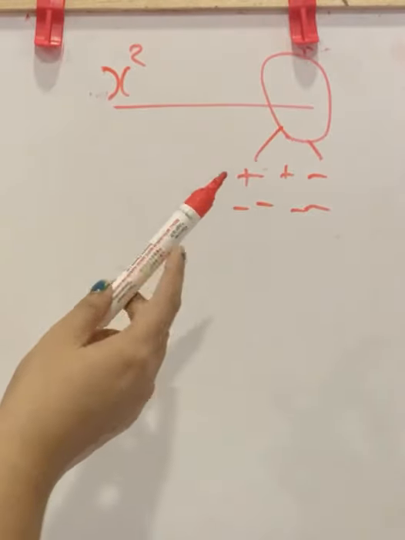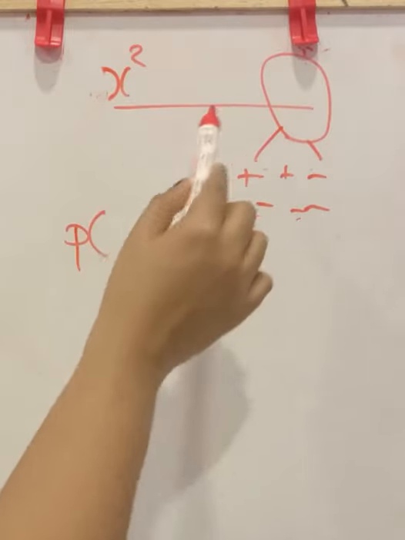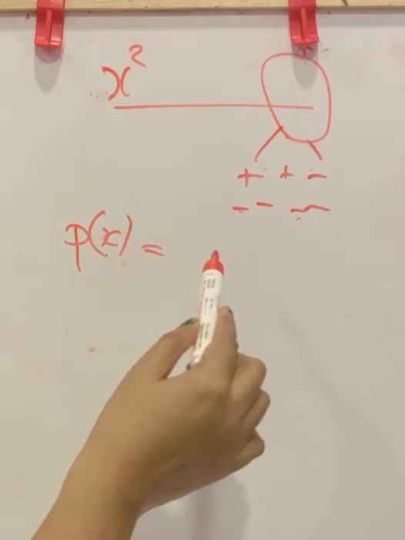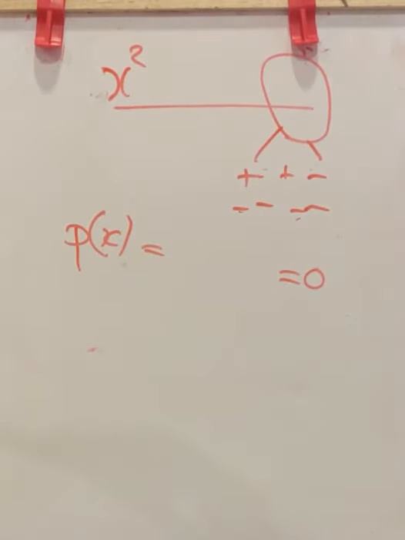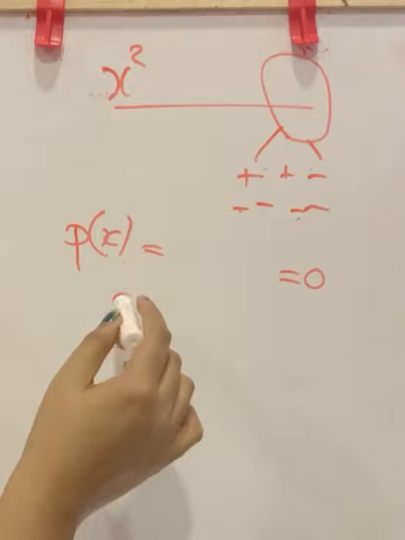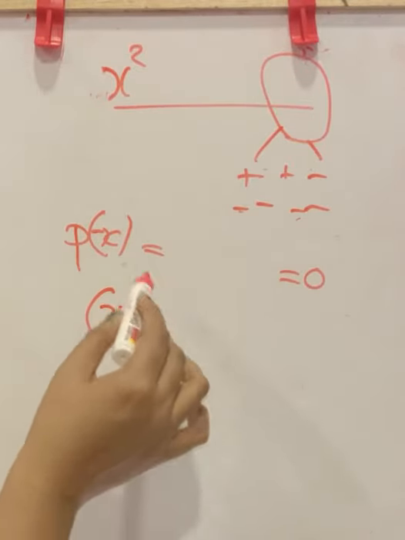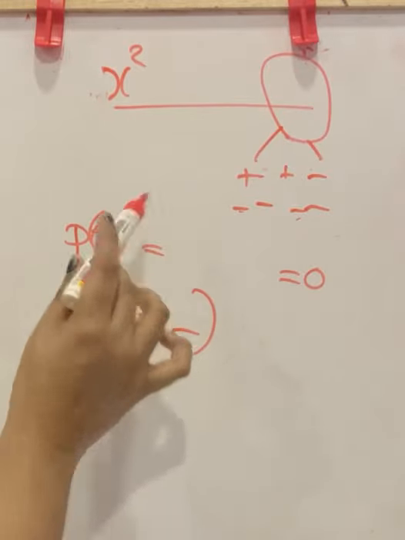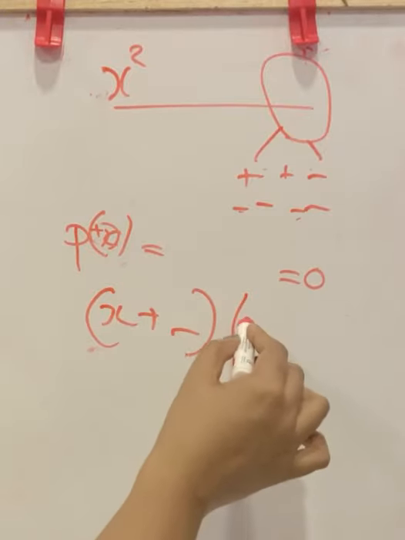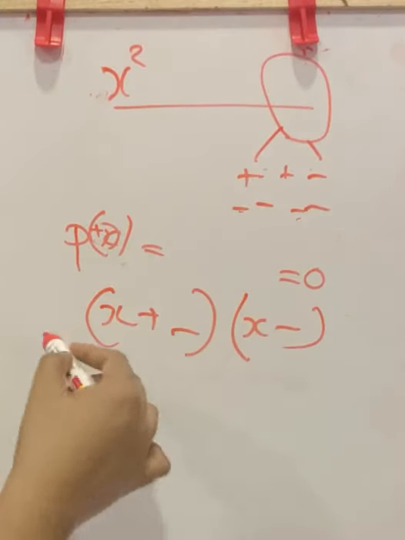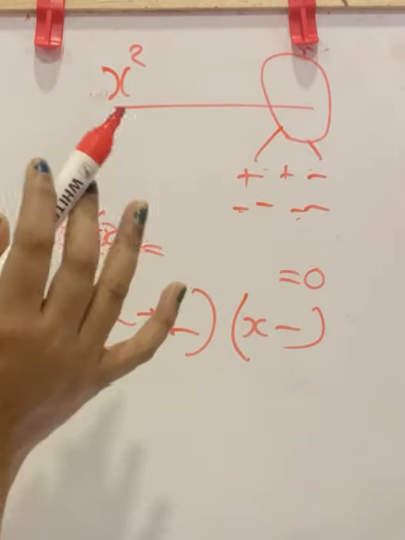And you have to check each and every factor as p of this polynomial. And you will get a 0 for some of the values here. That will be the factor. If p of a negative value is equal to 0, then you will say x plus that value is a factor. If p of a positive value is equal to 0, then you will say x minus that value is a factor. Like that you will get two factors. This was the method we used in the factor theorem.